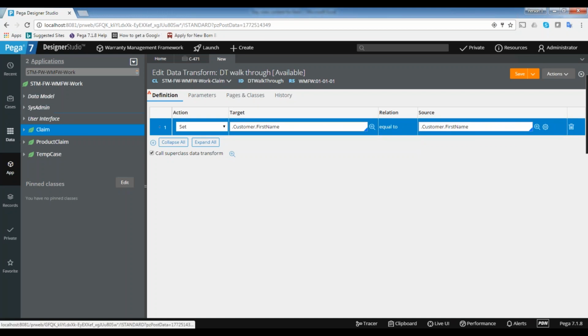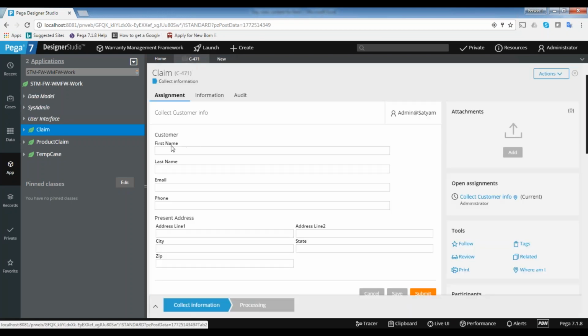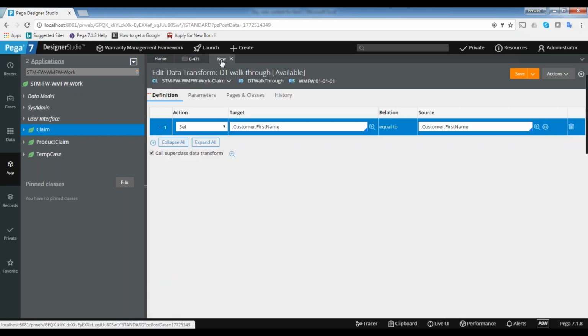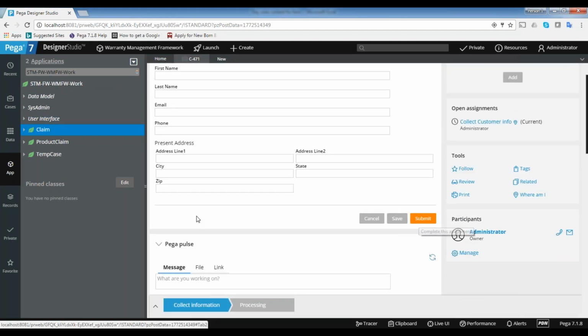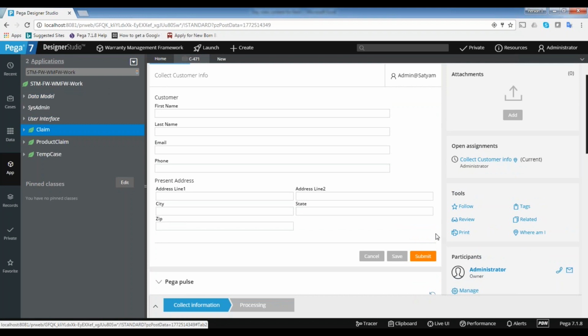Let's do an example here. I am giving first name and last name. I want to display the full name in the next screen. So what I want to do here is create one data transform, and I need to execute this when I click submit. We know that this is a flow action. As part of the flow action, we are displaying the UI. Whatever actions you want to do, you can do that on the flow action only. When I click submit, I want to do some action in the back end, that is called calculation of full name from first name and last name. That's what I want to do.